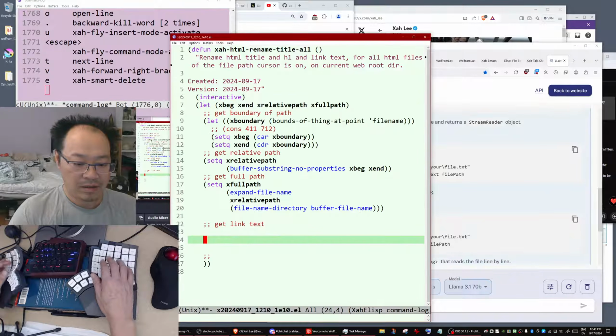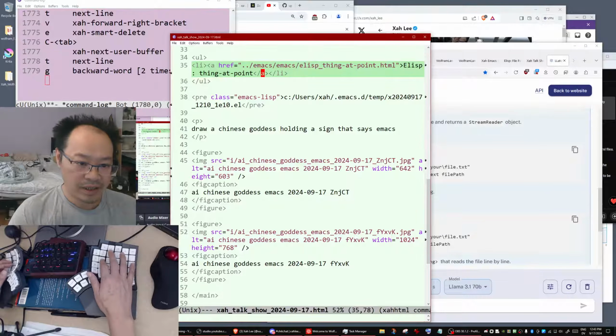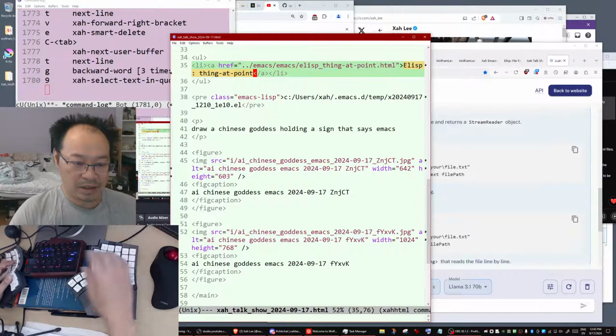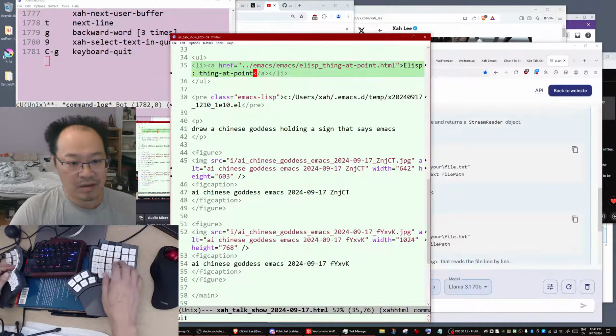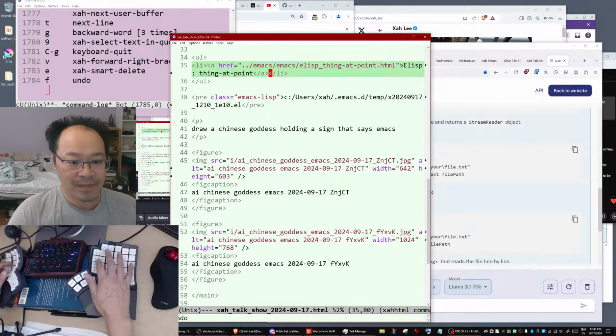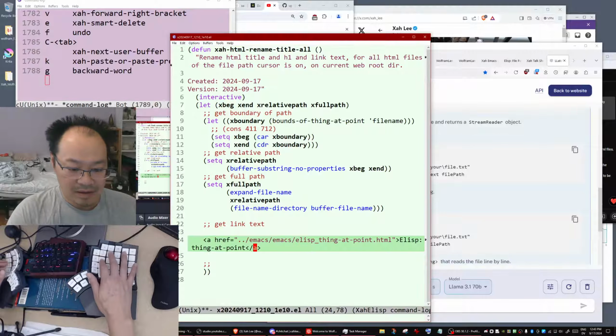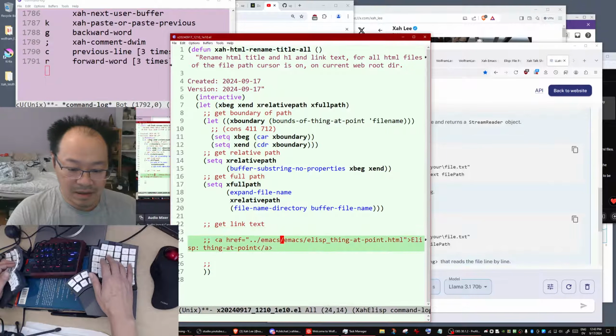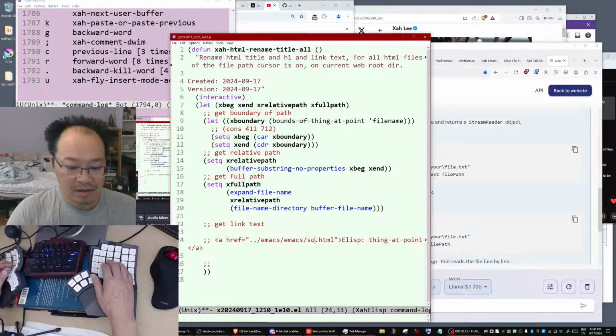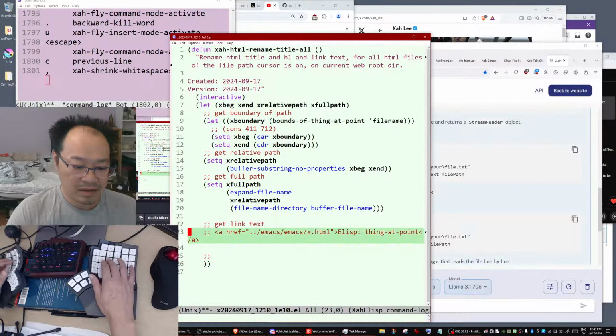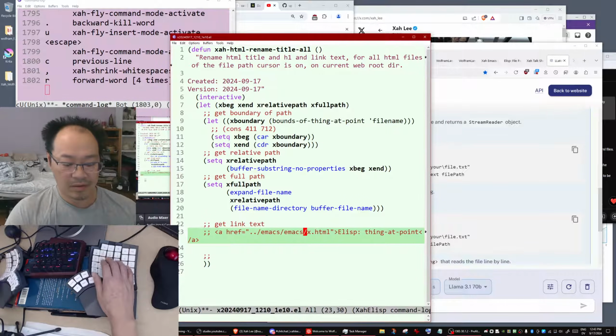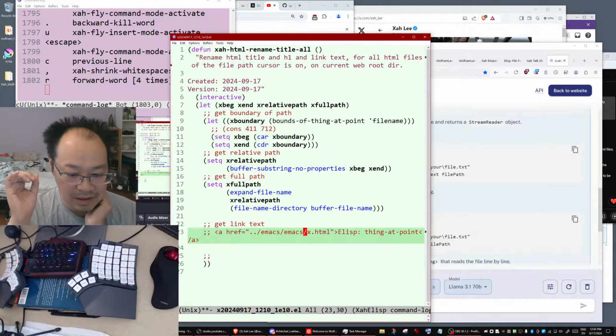Link text is when you have a link, this part is the link text. So how do you do that? It's a bit tedious. Here's the example URL. So you want to get the link text.